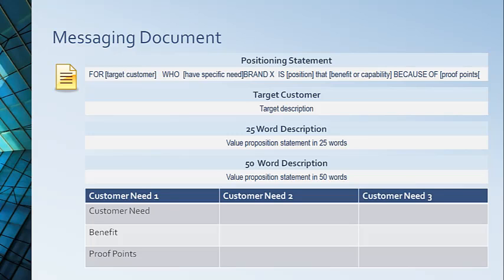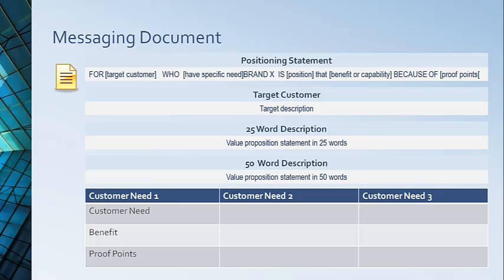The first step in a positioning document is having a positioning statement, which means for these types of customers who have this specific need, our brand is whatever positioning is, that offers these benefits because of, and then I have some proof points. So for example, if you are using the same example as the bank, for college students who are going to the first year of college, who are looking for convenience and to build financial discipline, our bank, Bank X, is the most convenient bank for college students, that's your position, that offers free ATM cards and multiple locations and financial planning tools because of, and then you list other things that prove that we